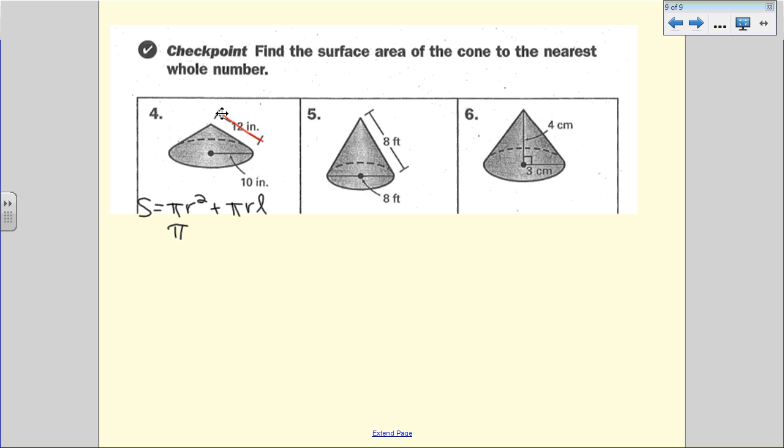The radius here is 10, so we're going to have pi times 10 squared plus pi times the radius again, and my slant height is this 12 inches that we had, so times 12. Sorry guys, it's not going to be 10 squared, it's just going to be 10. So we're going to type in pi times